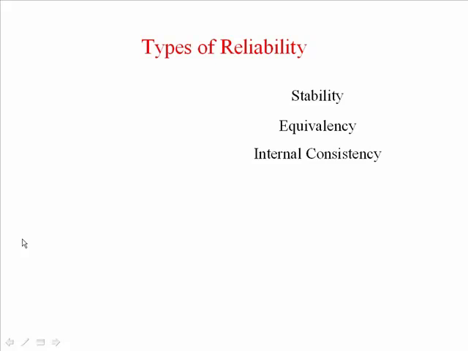Equivalency is a form of consistency that is relevant when a researcher or an instructor is utilizing multiple versions of one instrument. A classroom instructor, for example, may have created two versions of the test in an effort to minimize cheating within the classroom. But if that is going to be done, then the classroom teacher needs to have a high level of confidence that